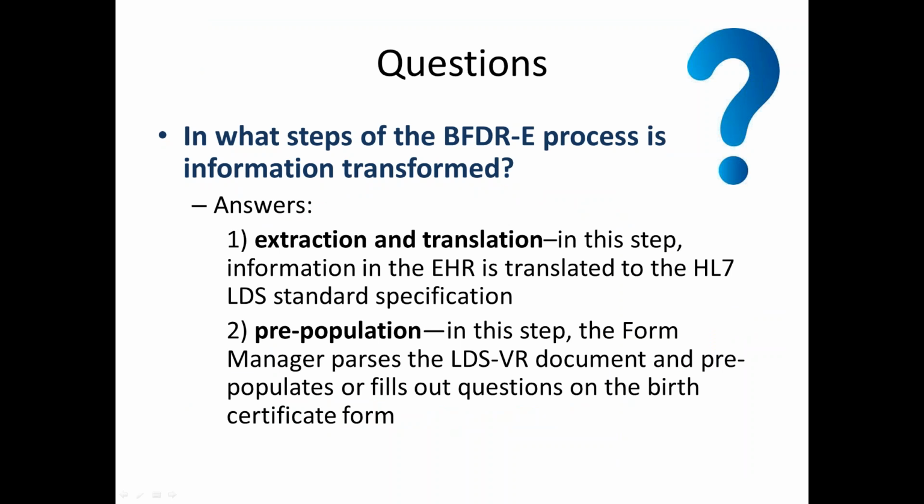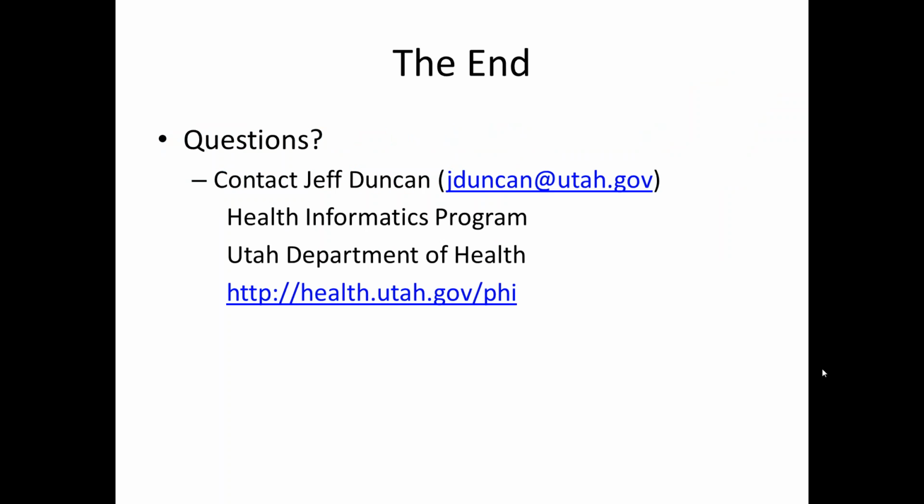A couple of questions: in what steps of the process is information transformed? First, in the extraction and translation step, and second, in the pre-population step. In both of those, information is transformed or changed to meet specifications of another system. And that concludes